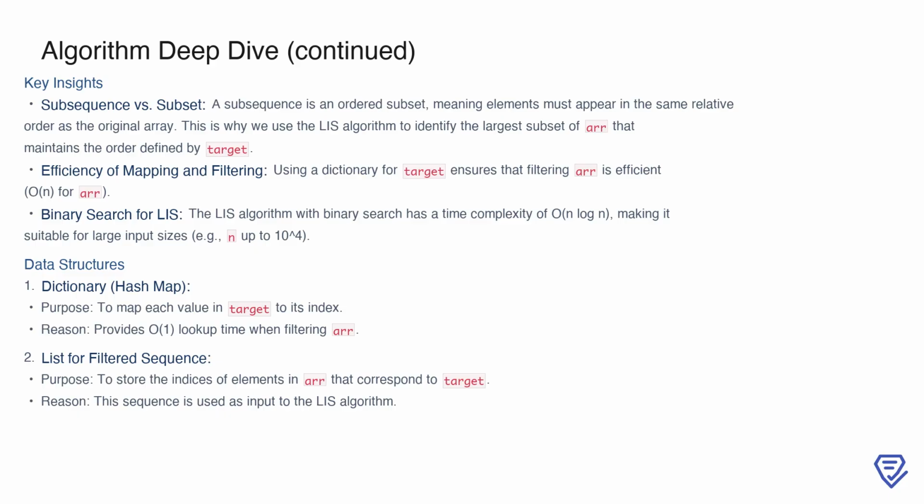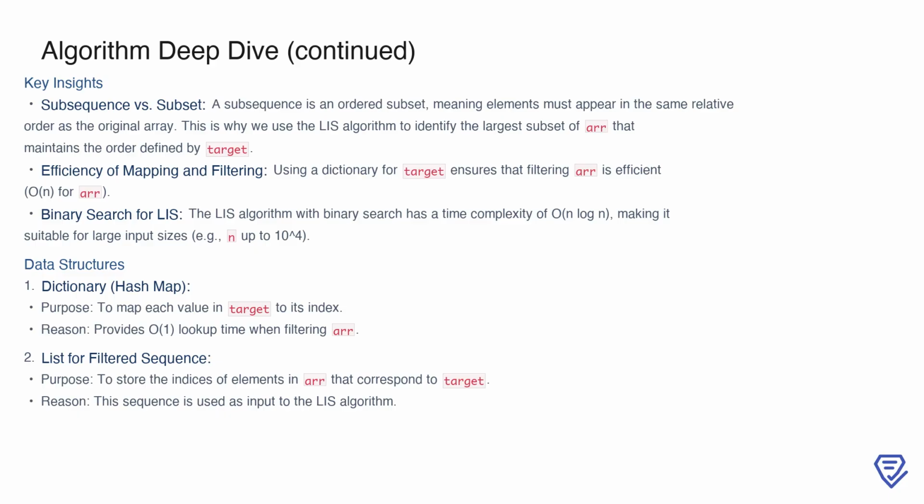Additionally, the LIS algorithm is implemented using binary search, which ensures a time complexity of O(n log n). This combination of efficient mapping and filtering, followed by the optimized LIS computation, makes our solution scalable to handle large inputs, such as arrays with 10,000 elements. By leveraging key data structures like dictionaries for mapping and lists for the filtered sequence, we ensure every step is